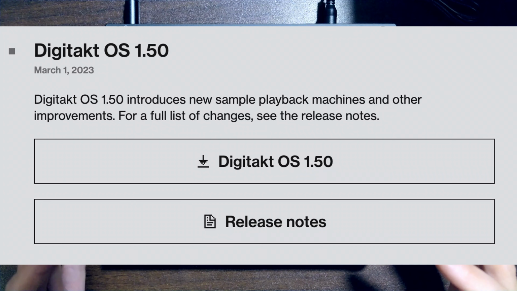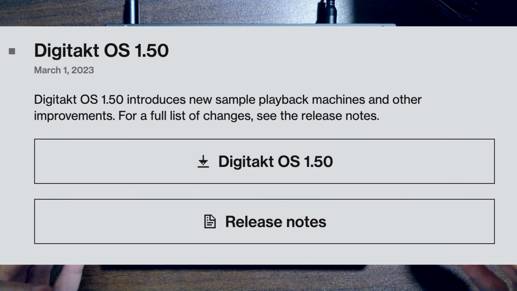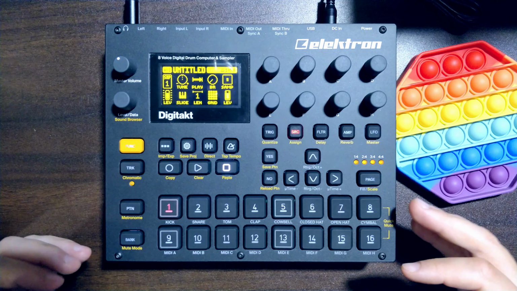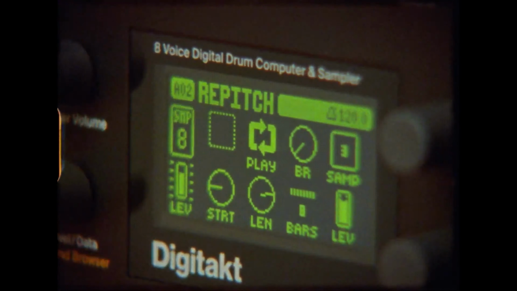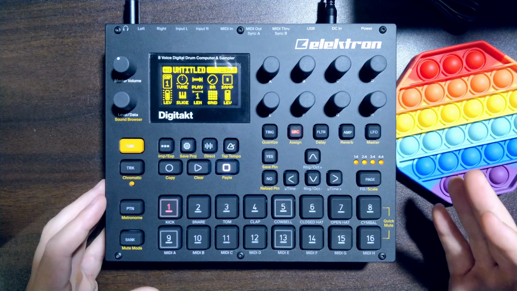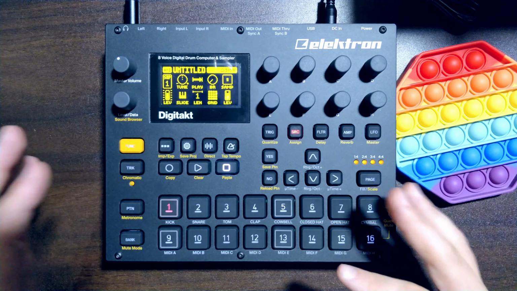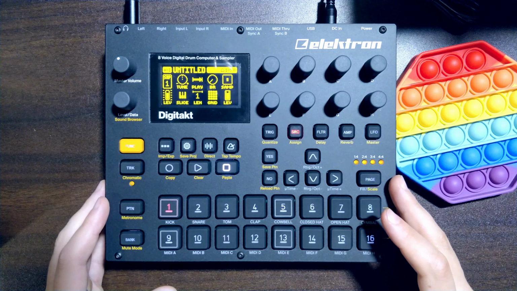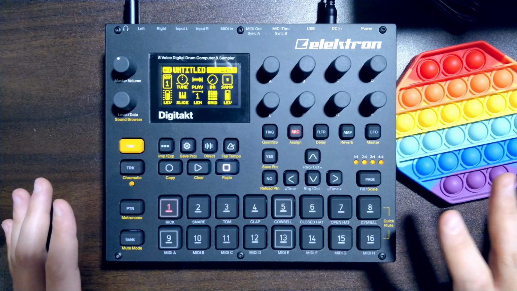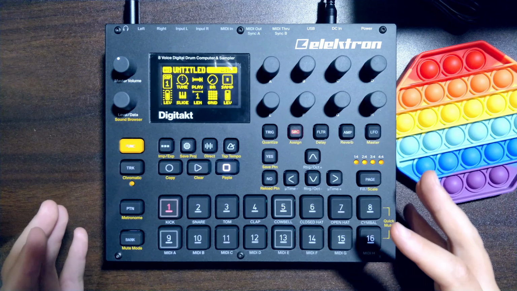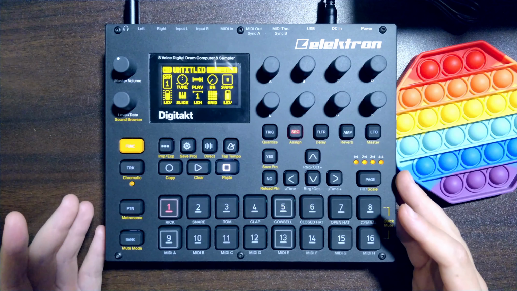But then something happened with the release of 1.5. They introduced the concept of machines. With that came warp, repitch and slice. They also introduced recording samples based on pattern length. We can integrate with Loop Cloud and automatically transfer sounds into the Digitakt. All great improvements that are based around the recording and playback of loops. Mono loops,